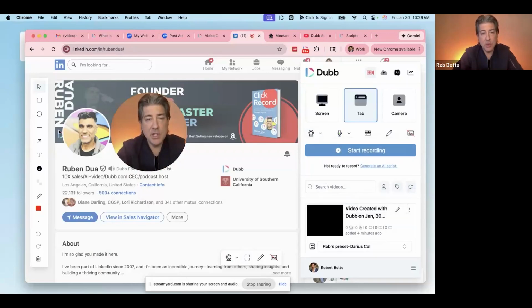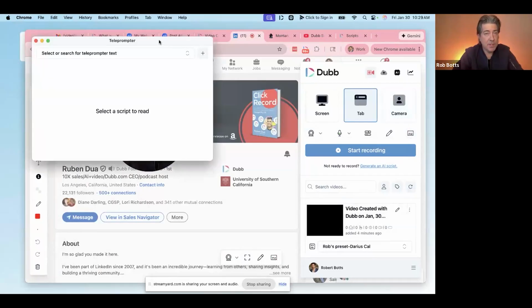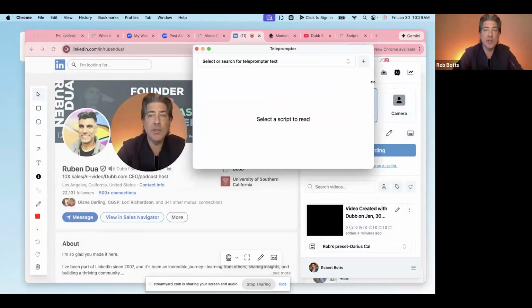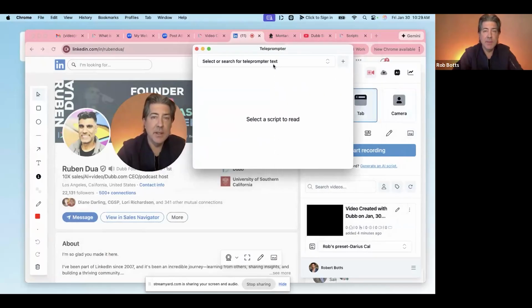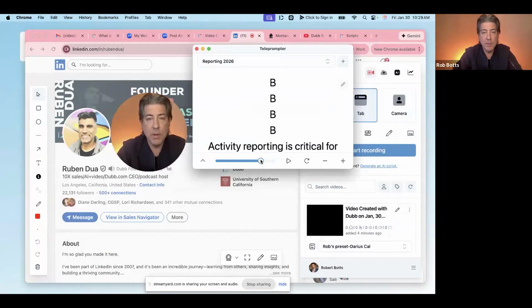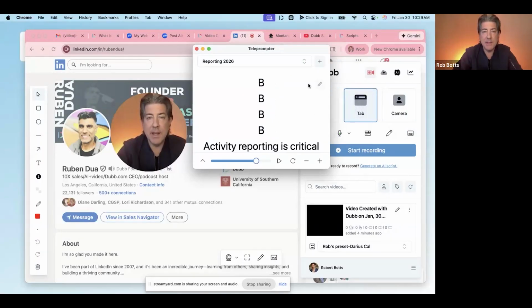You have an annotation tool, which we'll use in a second. You have the ability to have a teleprompter. This one's a little different than the one you saw because this one I can physically move around. I also can grab the edge like this. And when I come in here, I have the ability to choose my script like we did before. You can choose your speed up or down, and then you can manipulate the sides,